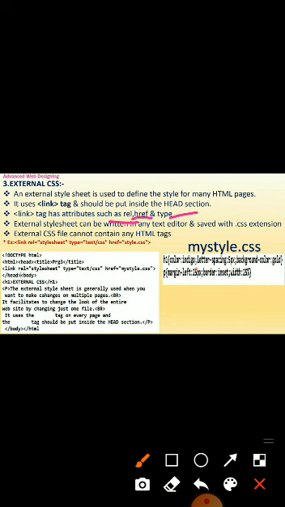An external style sheet can be written in any text editor and saved with a .css extension.